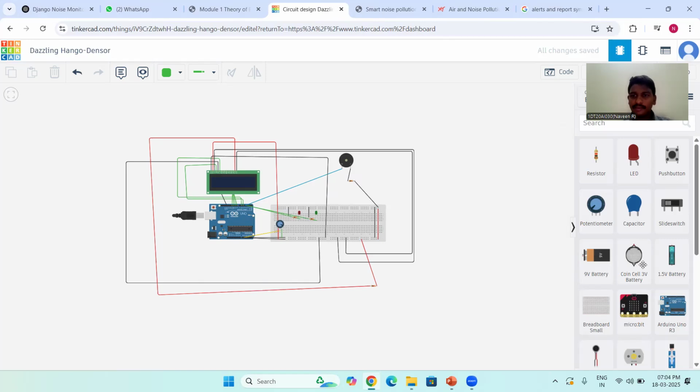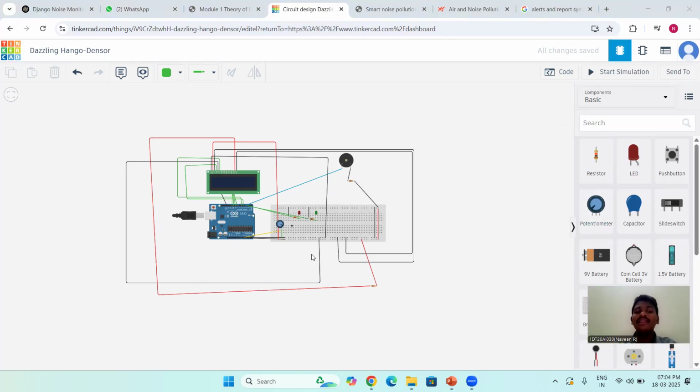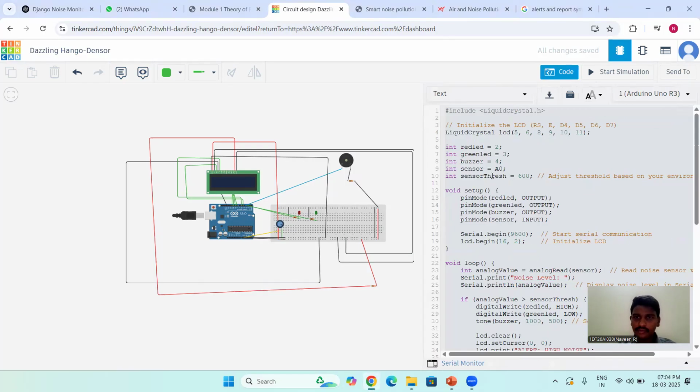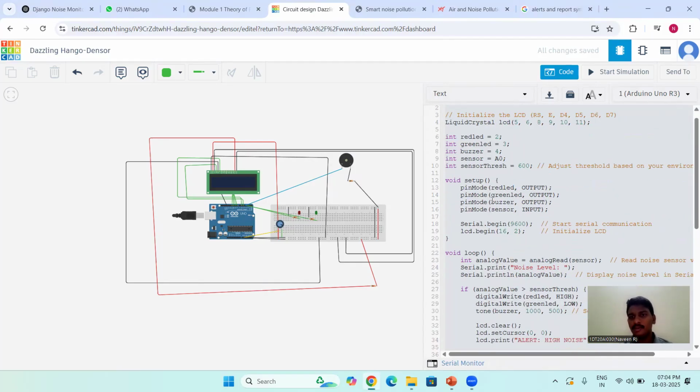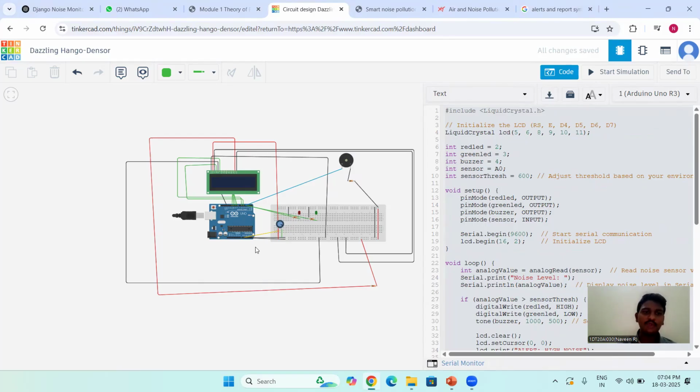We have code to run these hardware parts of the system. To run it we have the Arduino board, and the code is written in C language. As we implemented in this hardware, there is a red LED, a green LED, one buzzer, and one sensor, which is the potentiometer. We also have plug-in wires and wire setup, pin mode, red LED output, and green LED output,